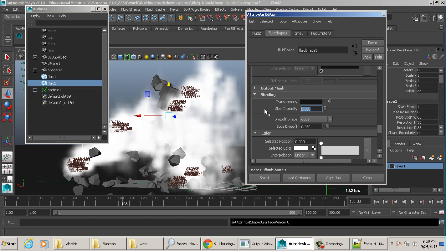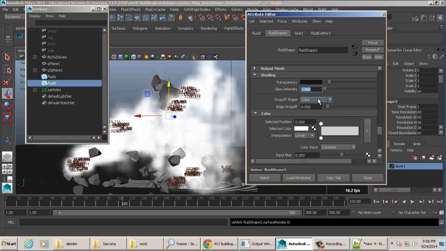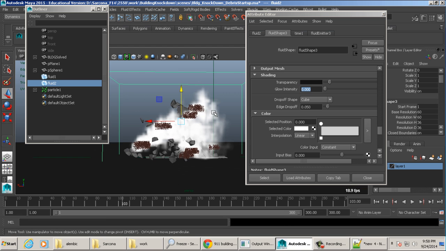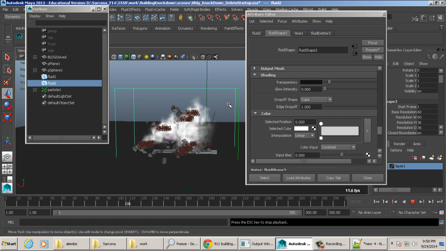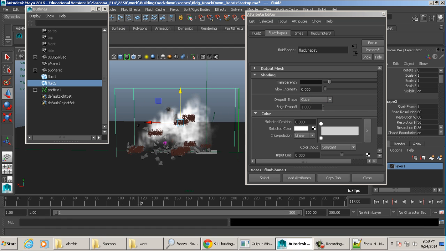That way the front of that is really like glowing as it's hitting, kind of emphasizing the fire a little bit more. This drop-off shape, we don't really see it too much, but this cube actually has a drop-off, okay? It's basically when it gets close to that edge, it's just fading, all right? If the drop-off shape is gone, it's just going to disappear, and there will be no drop-off. Or if we make this bigger, like that, you can see the effect that it has, where now this cube